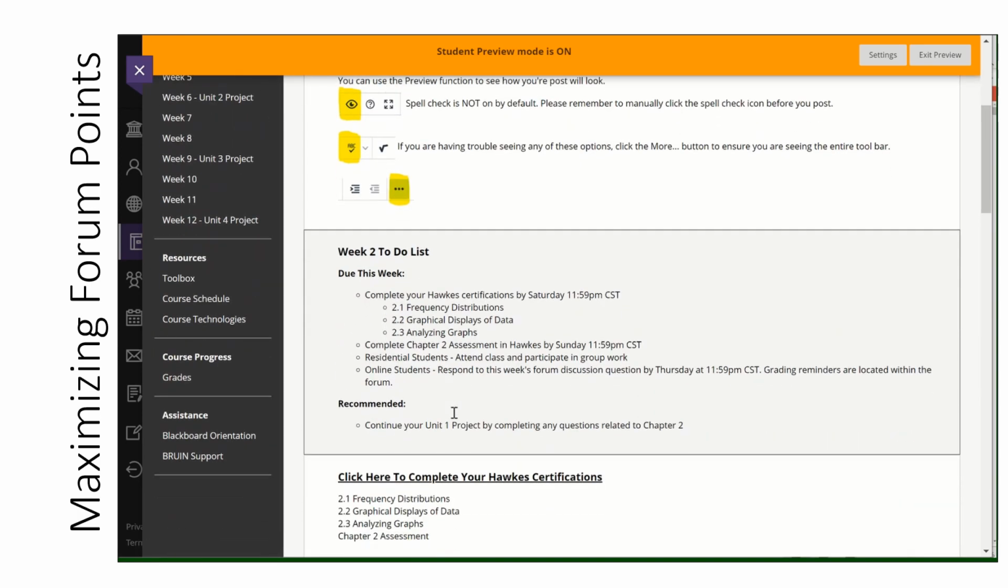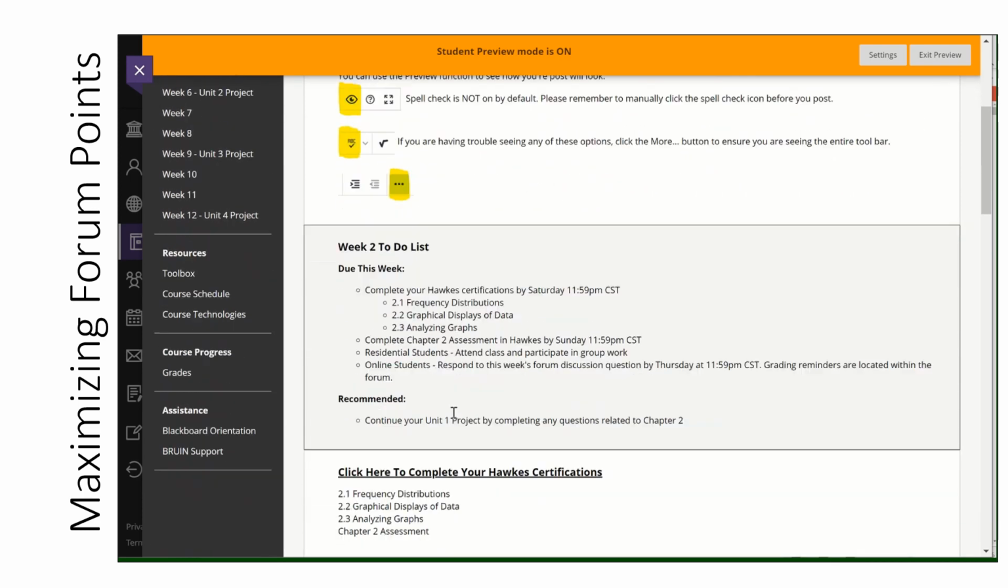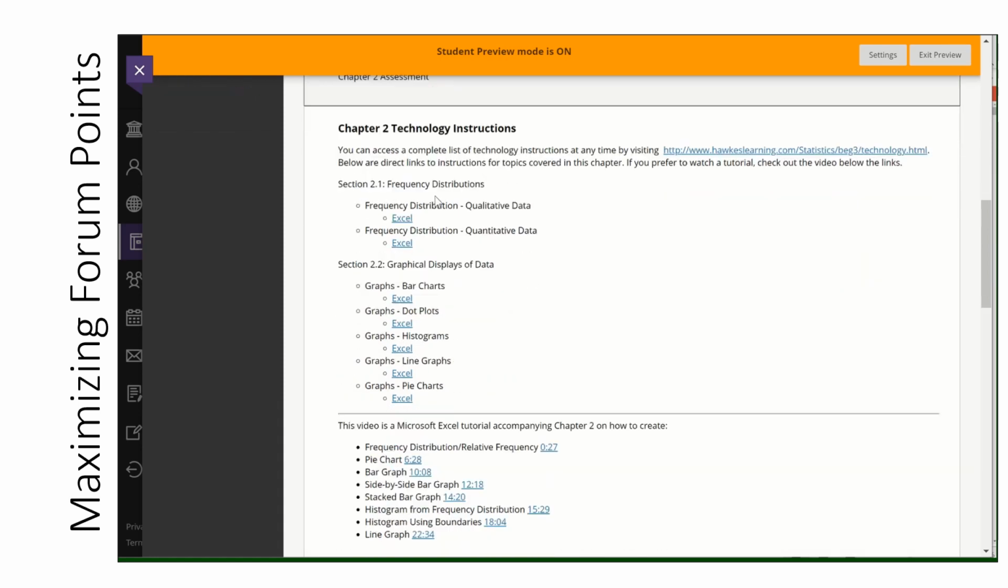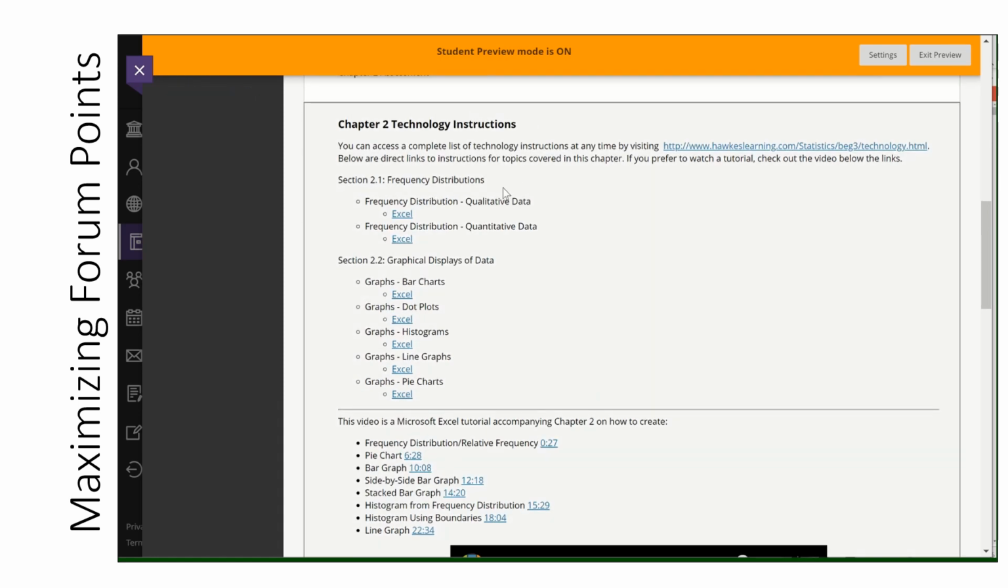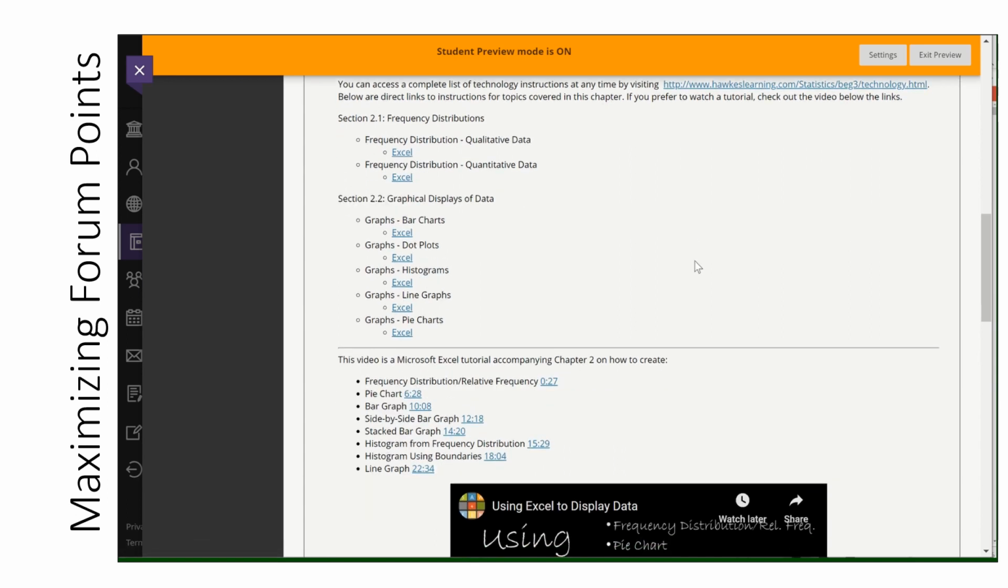In week 2, you'll notice there's an introduction, as there always is in each folder, the to-do list, what your certifications are that week, and then you have some technology instructions. So this is the first part I want to talk to you about. If I just click on this website, it will take me to all of the technology instructions for our textbook provided by the publisher. I have broken them down for you for each section, 2.1, 2.2, and it linked those